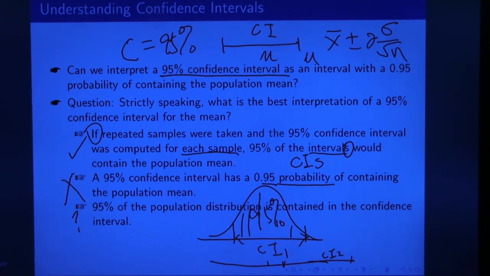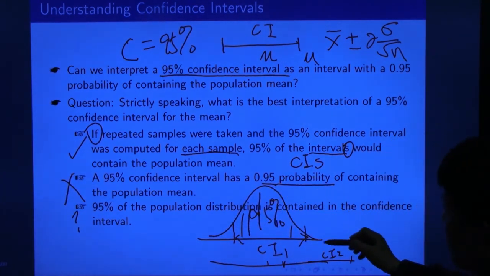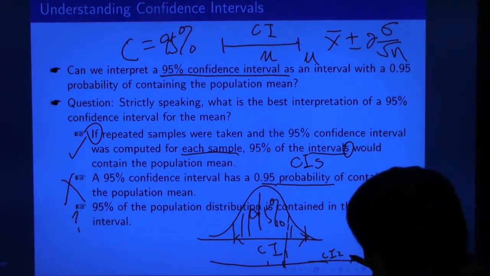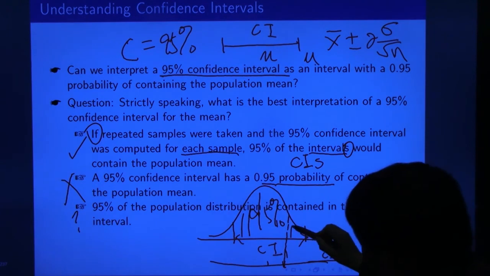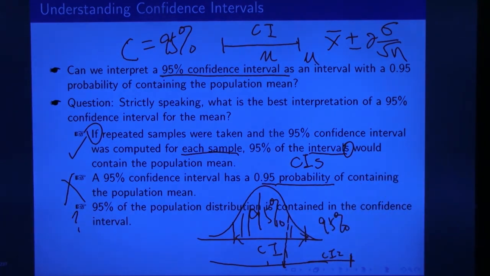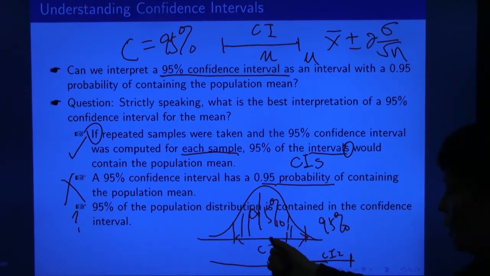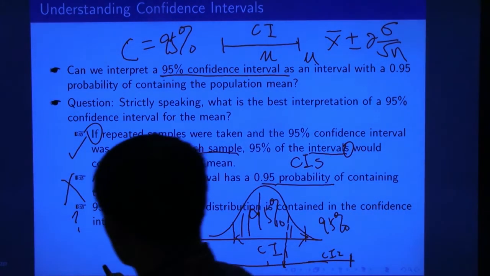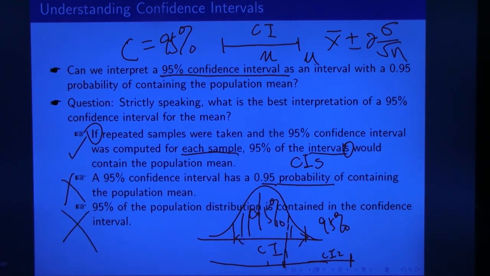Because the population distribution is fixed, so it is this one. So there's no way for this interval to contain 95% of the population. So even if the first one is correct, the next one will not be correct. That means this one here is definitely not correct. This is not the right way to interpret